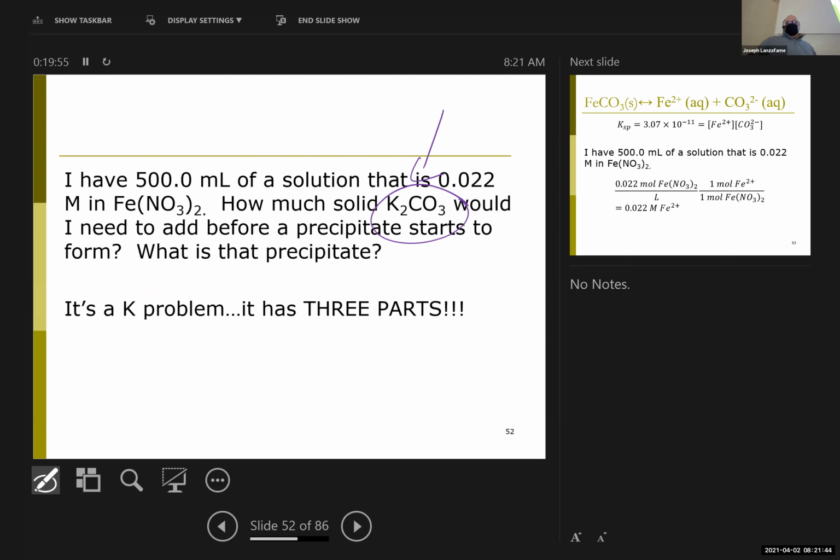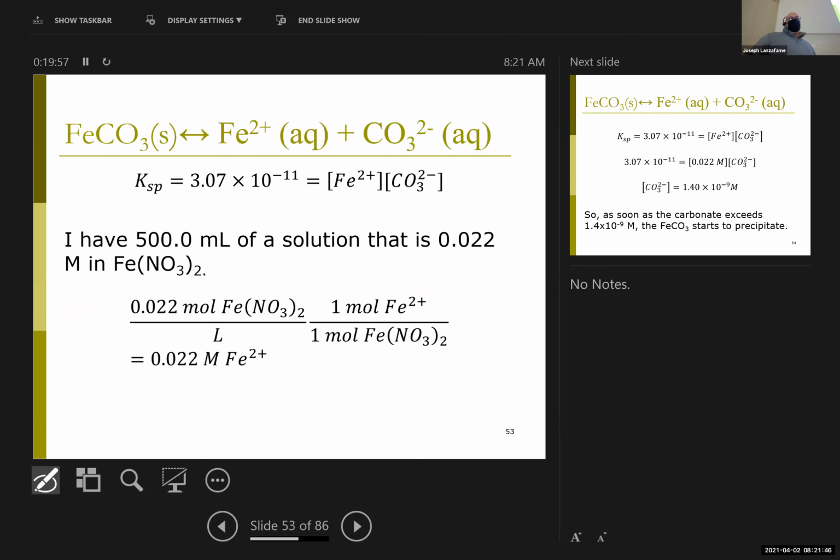right? And so somewhat unlike our other equilibria problems, there's really a threshold question here that does not really require me to have an ice chart or a K equation. Well, I need a K equation, but not as a way to solve the ice chart, right? My iron carbonate solubility reaction is iron carbonate dissociated into its respective ions. Again, I'm trying to get this to happen. And I'm trying to get this to happen by adding this,